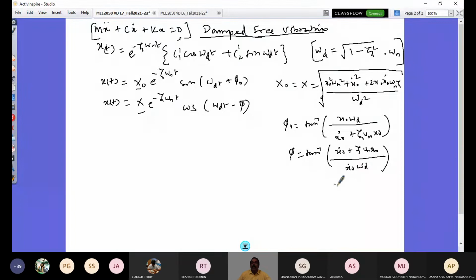And you know here we define C by Cc, which is the damping ratio. And you can also write C by 2m equal to zeta omega n, and C equals 2 times zeta m omega n. So these are some fundamentals, the relationship between damping coefficient, critical damping coefficient, and so on. Right? So when the C by Cc value is equal to 1,